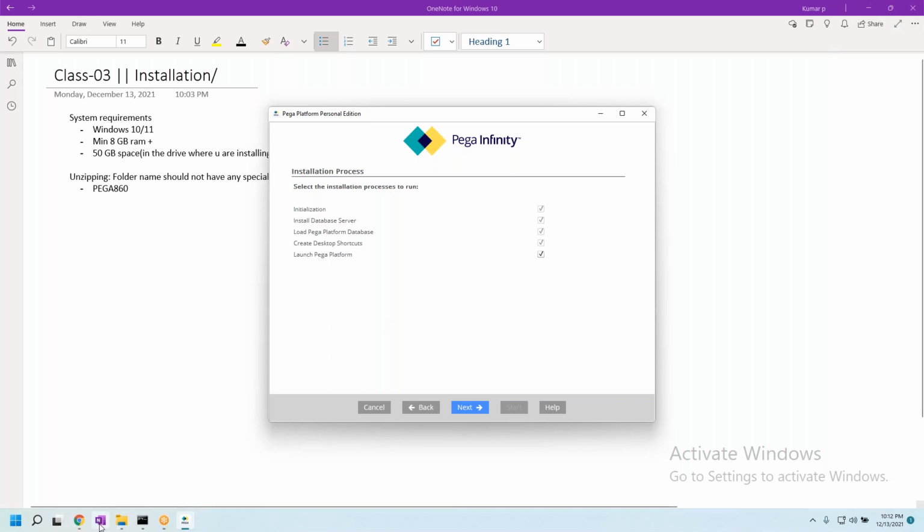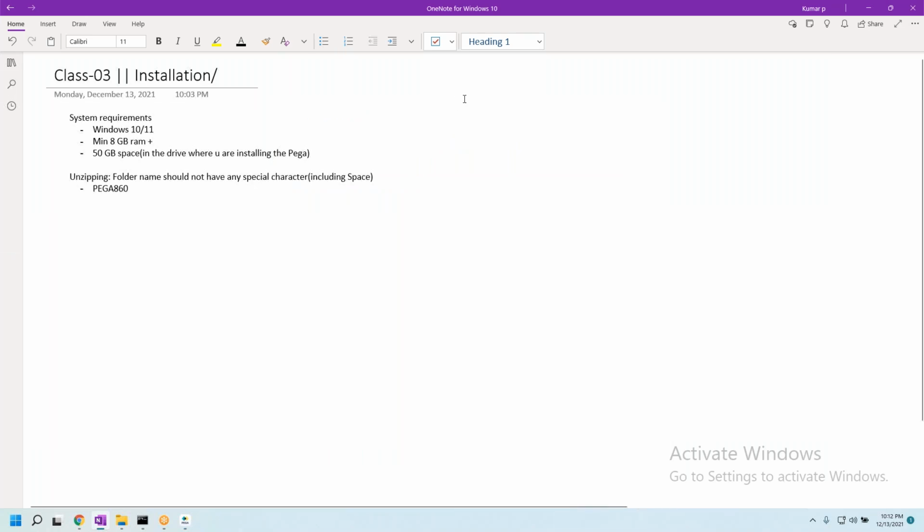Normally in real-time projects, because I promised you guys that I'll be teaching something very close to real time. In real time, there is something called 3-tier architecture.